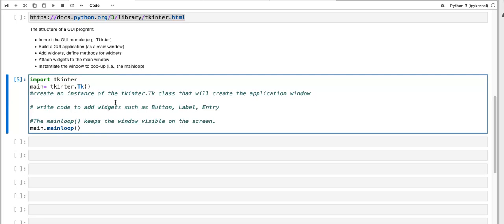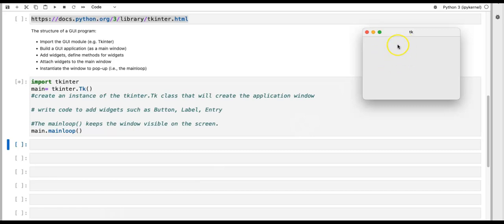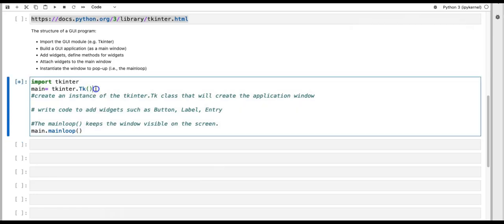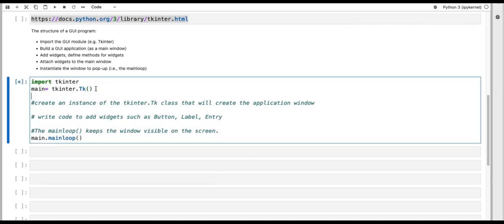It will pop up a window. So this is the window. After running this, we will see this window. For this window we don't have anything, it just shows Tk. Now we can use different properties of windows, and let me run this. So if I say main dot